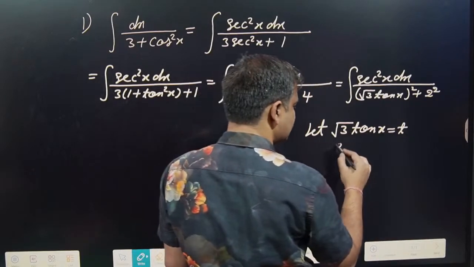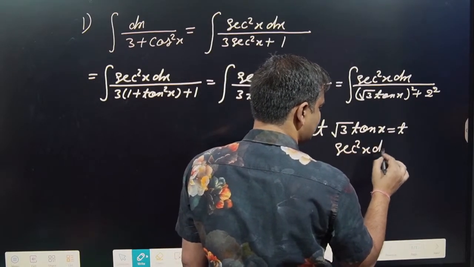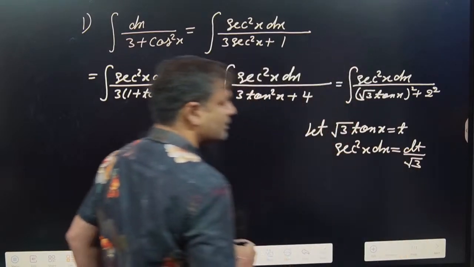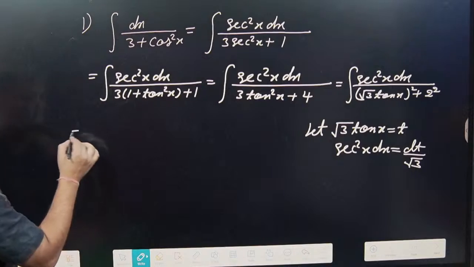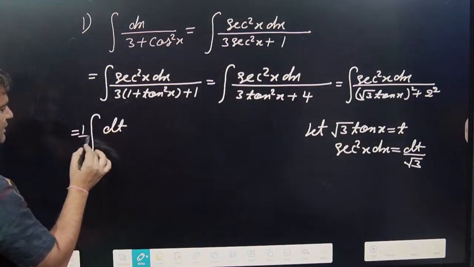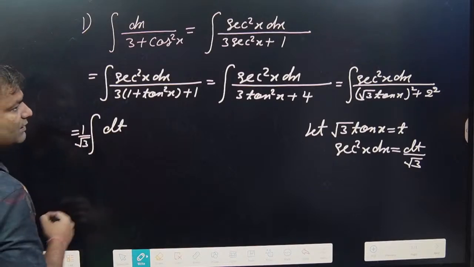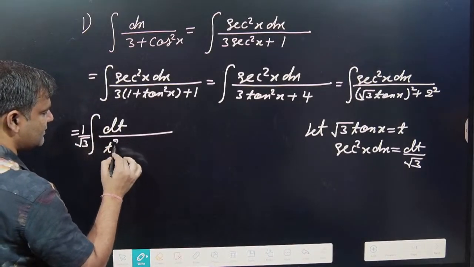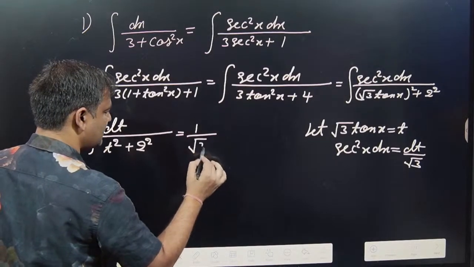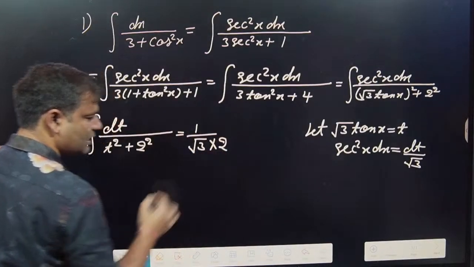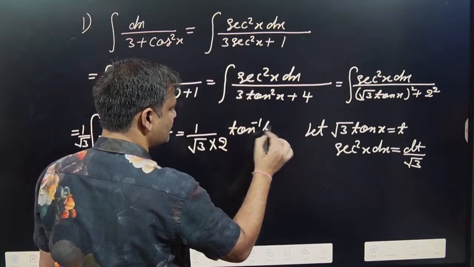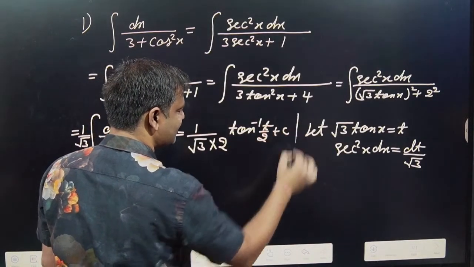So sec square x dx is replaced by dt by root 3. Now put this here: dt divided by root 3, so 1 by root 3 here, and t square plus 2 square. So that is written as root 3 into 1 by a